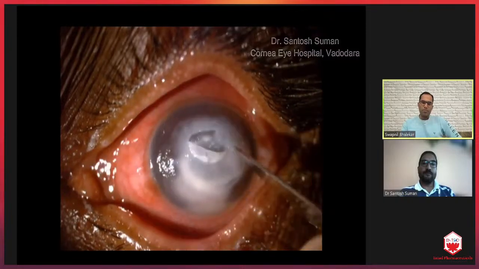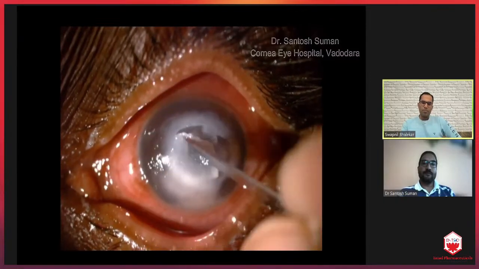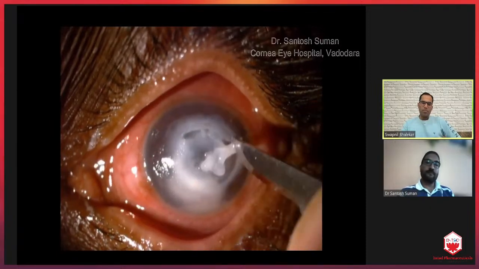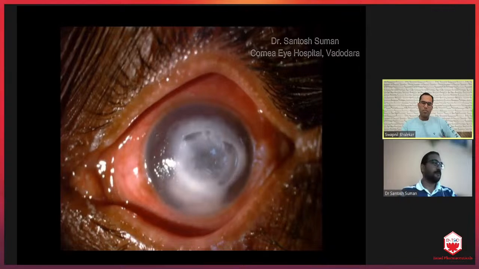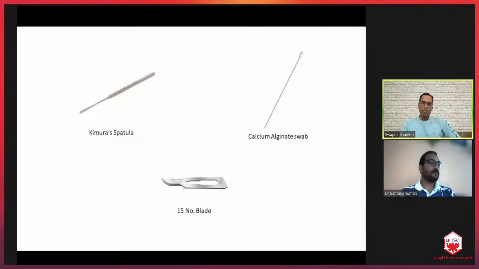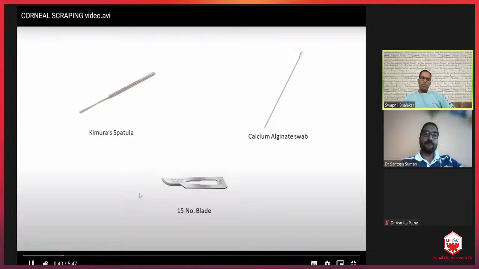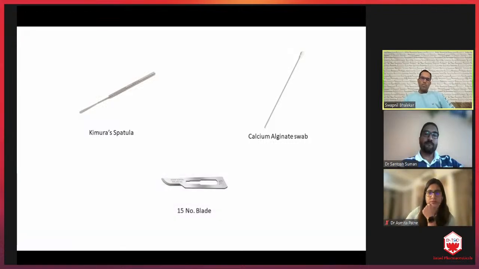In adults, corneal scraping is usually done under topical anesthesia, and general anesthesia is required in kids and for mentally unstable patients. Though Kimura's spatula and calcium alginate swabs can be used to increase the yield of scraping, we generally use 15 number blade because it is disposable and it is easily available.